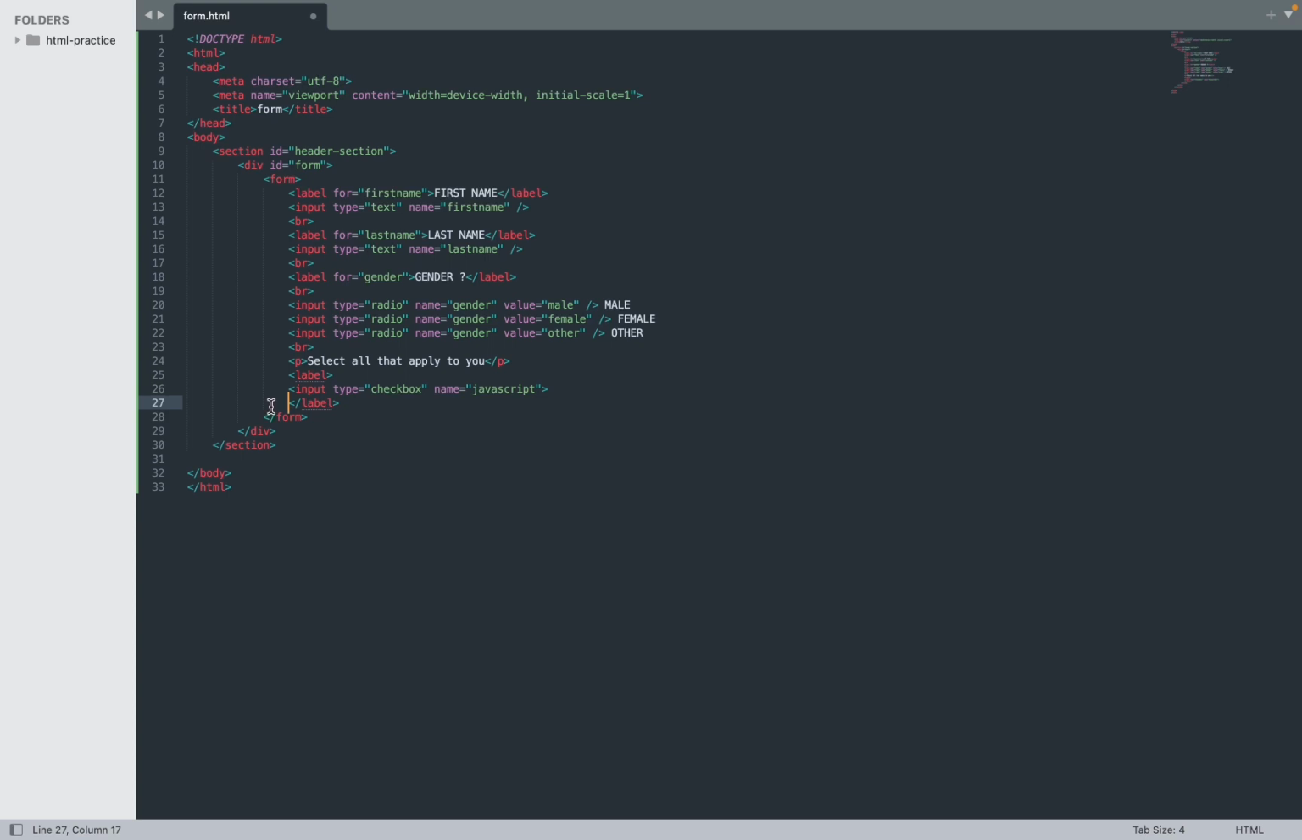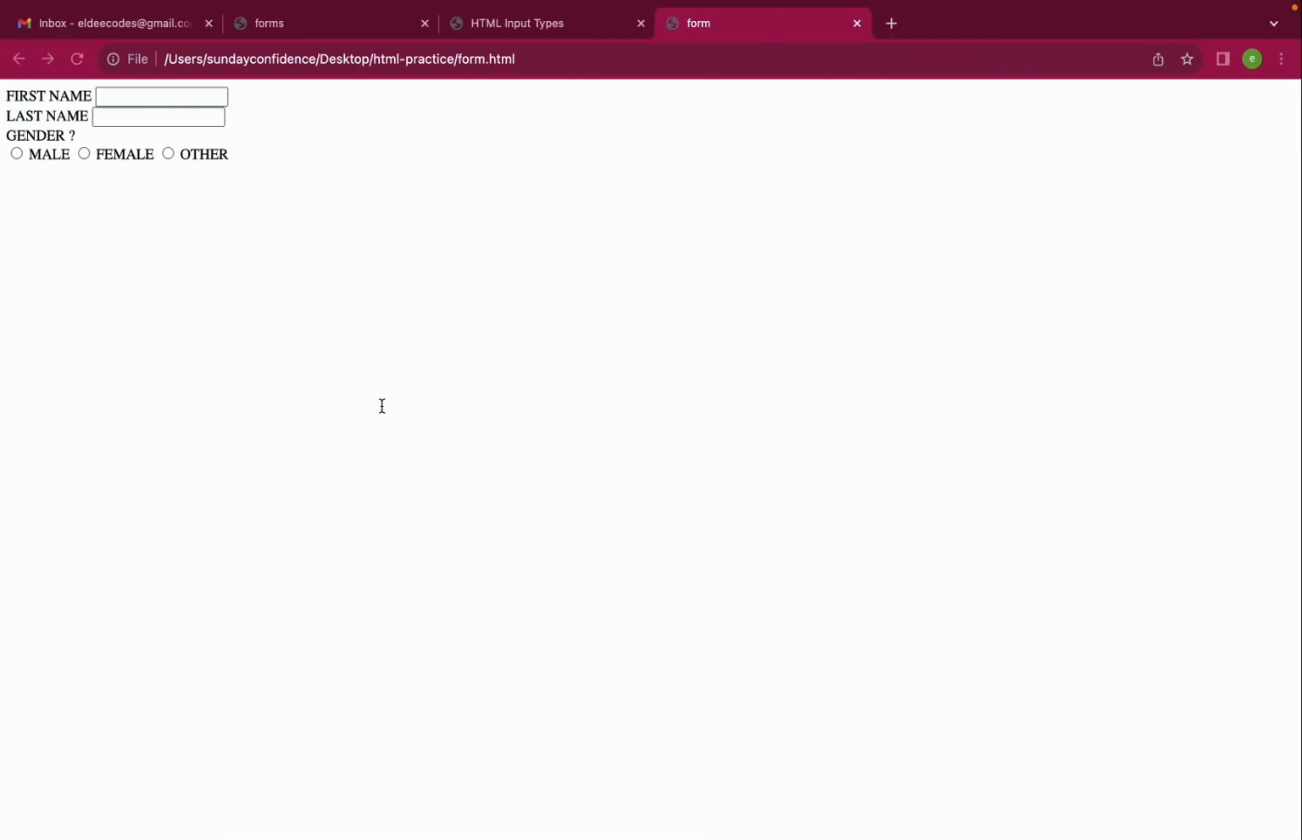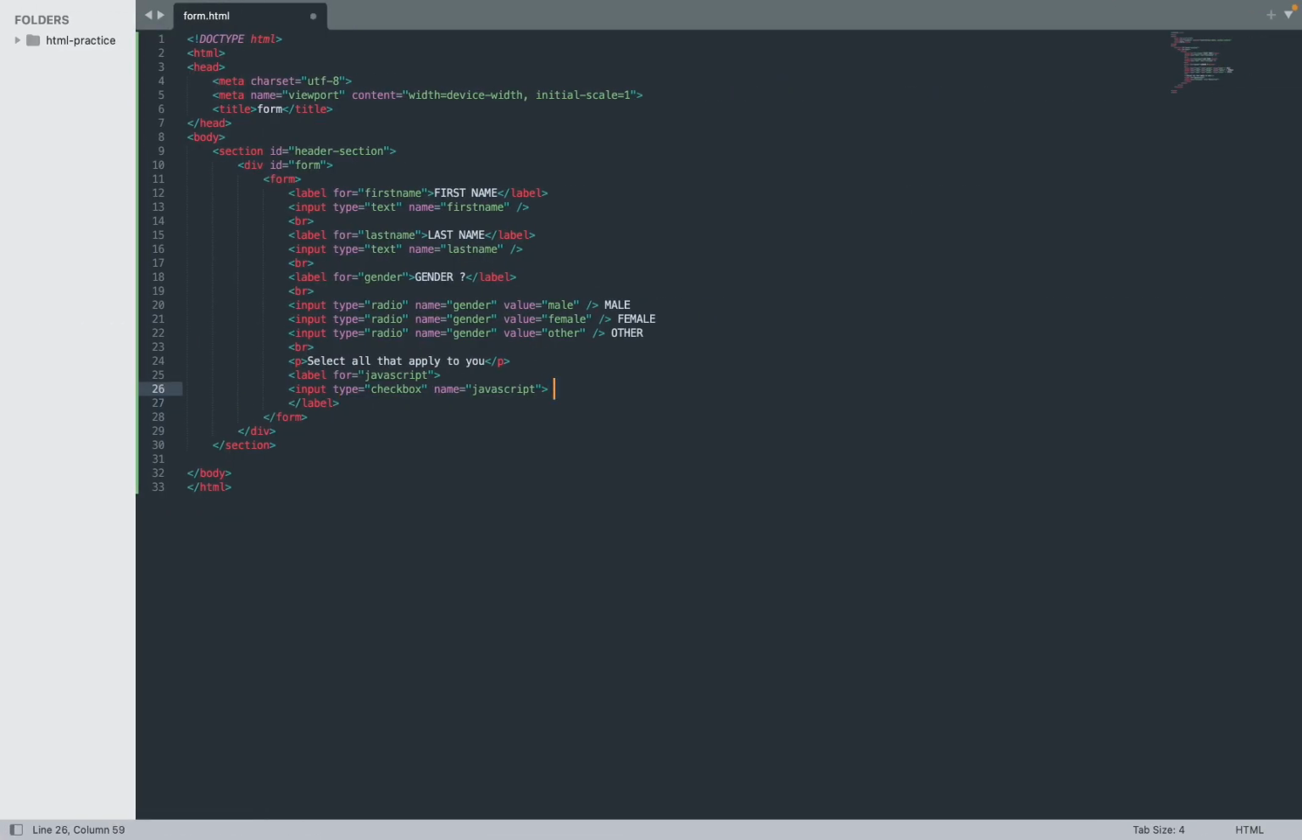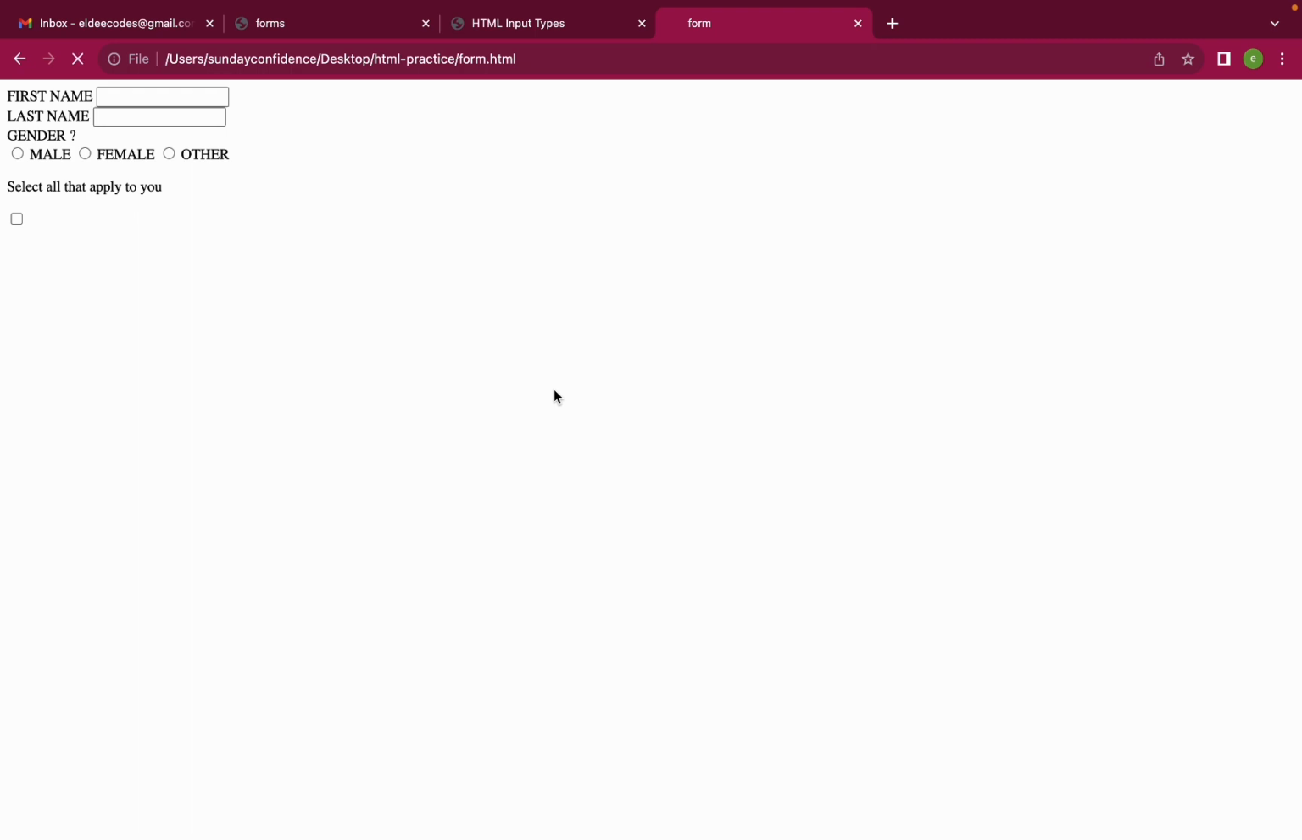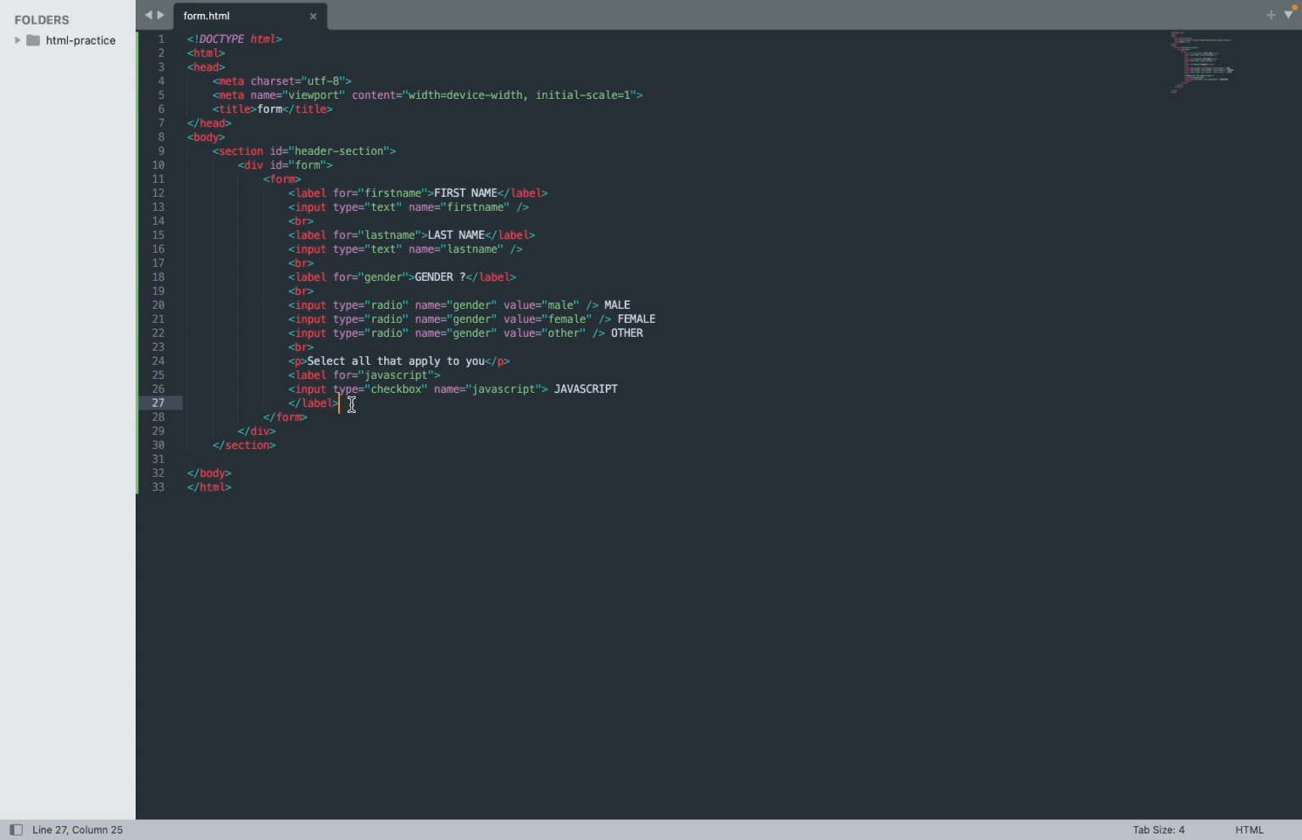So as you can see, this is the closing tag for this. So here for JavaScript, and when we save, go back to the browser, we'll have it. Okay, so here we are going to write our JavaScript. As you can see, you can select all that apply. So we are going to repeat the same process. Command C, and